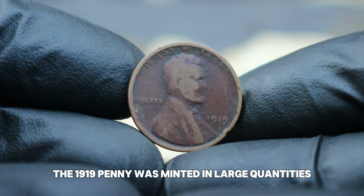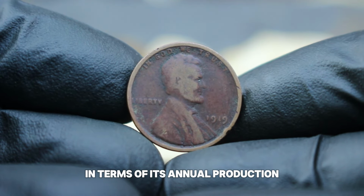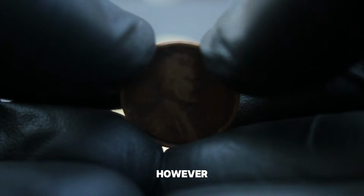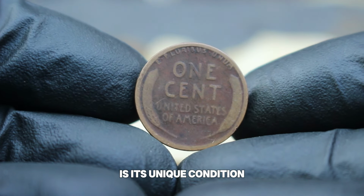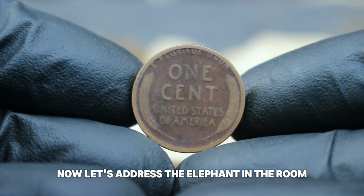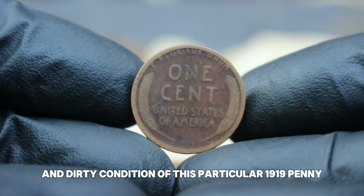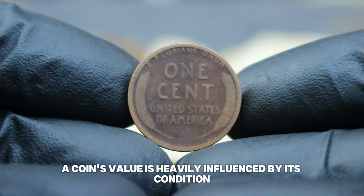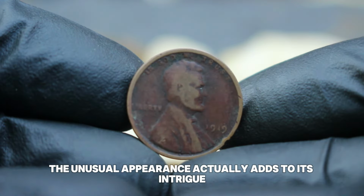The 1919 penny was minted in large quantities, making it relatively common in terms of its annual production. However, what sets apart the 1919 penny we're discussing today is its unique condition. Now, let's address the elephant in the room: the black color and dirty condition of this particular 1919 penny. Typically, a coin's value is heavily influenced by its condition, but in this case, the unusual appearance actually adds to